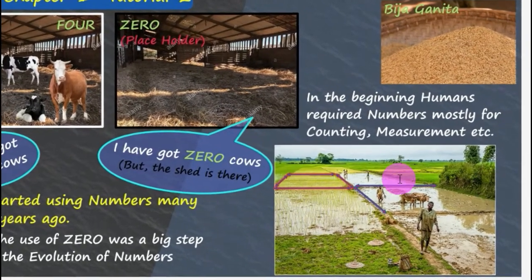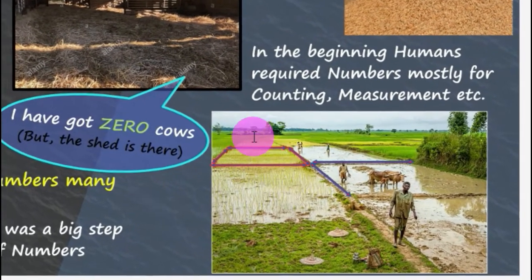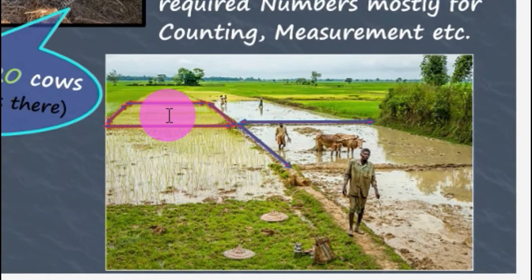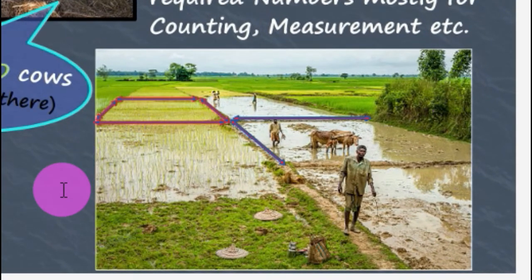In this image, you can see a paddy field. If this plot of land belongs to a certain person, he needs to keep a record of the length and breadth of the plot so that in case of any dispute with the owners of adjacent plots, such disputes regarding the size of the plot of land could be resolved easily. So numbers can be used for measurement of length and breadth, also for area, etc. But first and foremost, or fundamentally, numbers are used for counting.